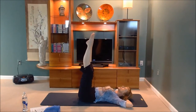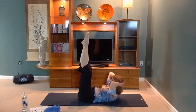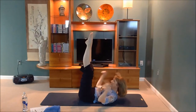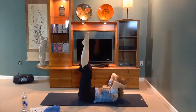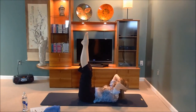Fingertips again are interlaced behind your head, shoulder blades melting down your back. Deep inhale. Exhale, roll it up, and then down, and then roll it up. Pull your sitting bones together, the two bones in your butt, pull those together, and inhale down, and roll it up, flatten your low belly, and inhale down, and roll it up,